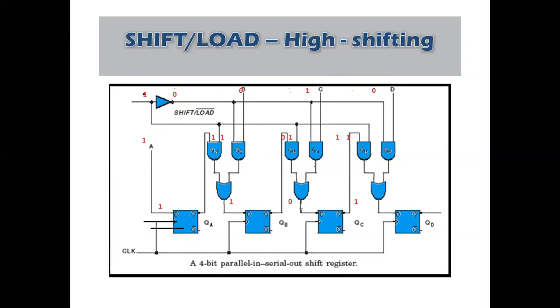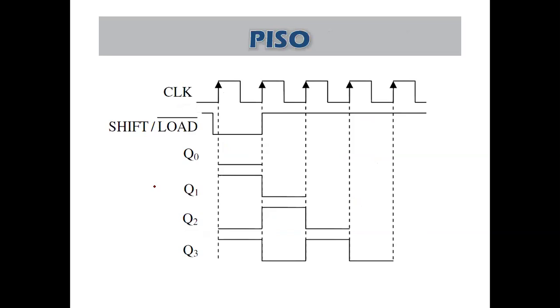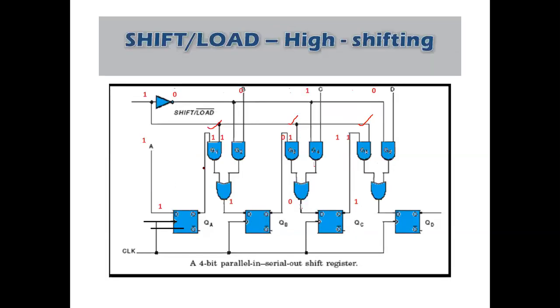And now I change the control input to 1. If it is changed to 1, this 1 will come here as 1 and this gate is enabled, this gate is enabled and this gate is enabled. So 1, and here also I applied 1, 1 and 1 output is 1. And here it is 0 and 1, output is 0. And here 1 and 1, output is 1.